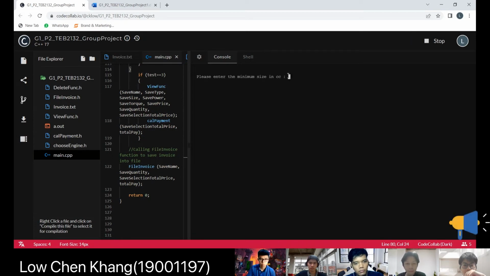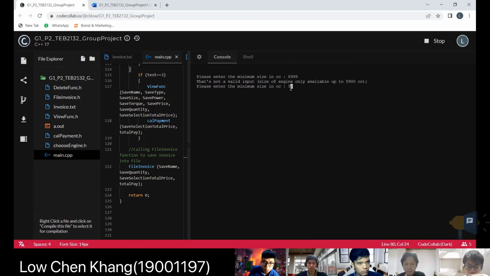Alright, so it prompts the user to enter the minimum size in CC. Let's say I'll enter 8999. Because the size of engine is only available up to 5900 cc, it displays a non-valid input. So I have to enter the minimum size of engine again. So let's say less than 5900, I enter 5800,